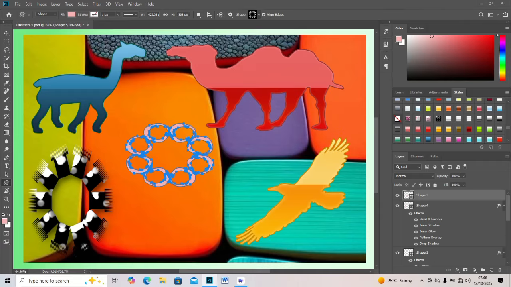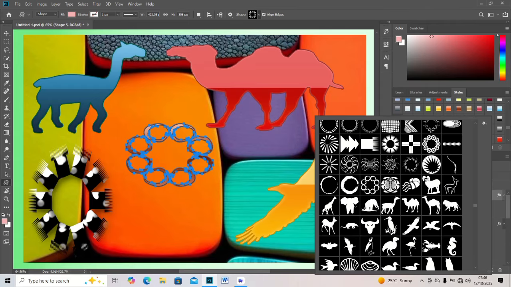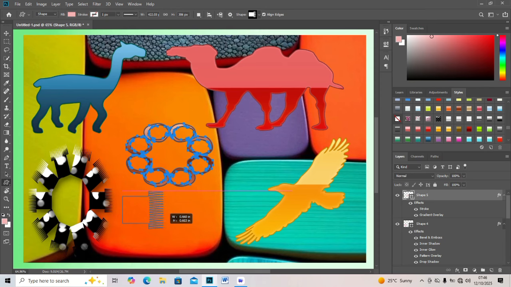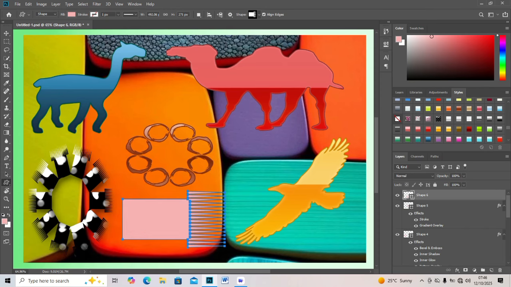Add fold textures or a light gradient to make it look printed and tactile. And to enhance realism, we will create a stacked angle view using the transform tool and